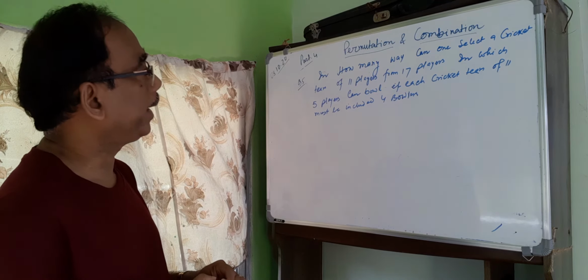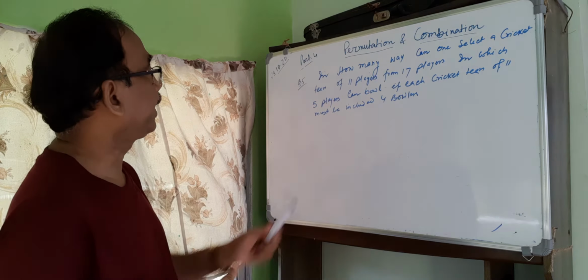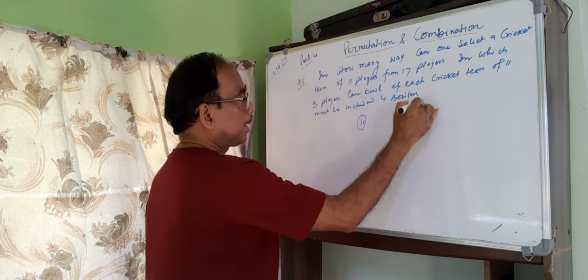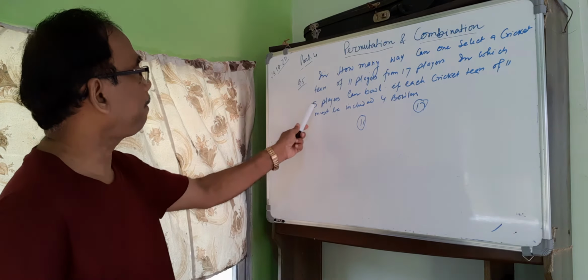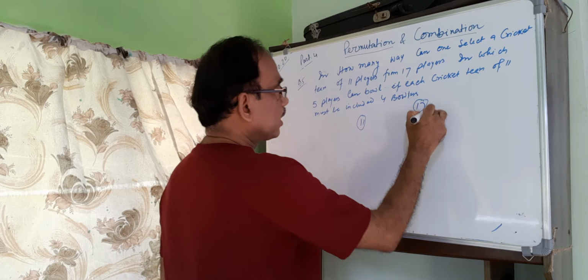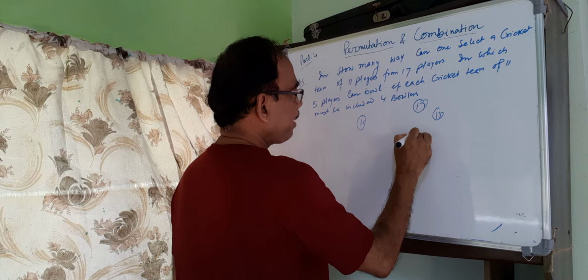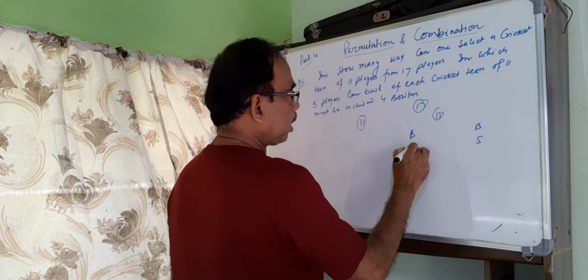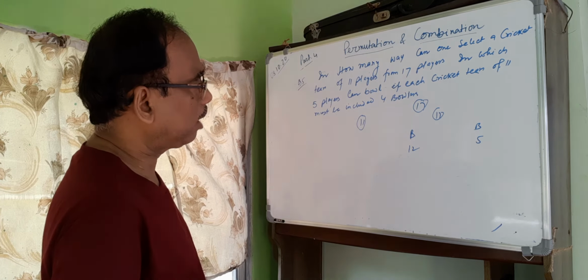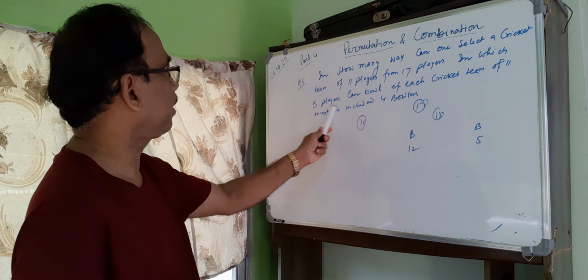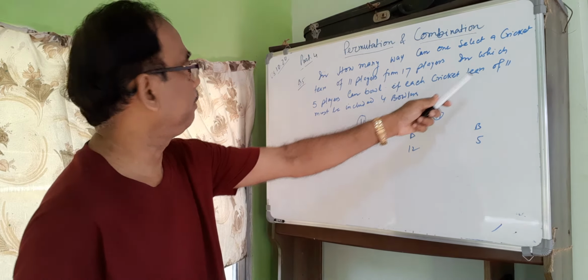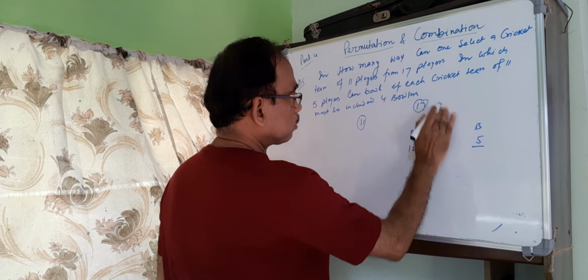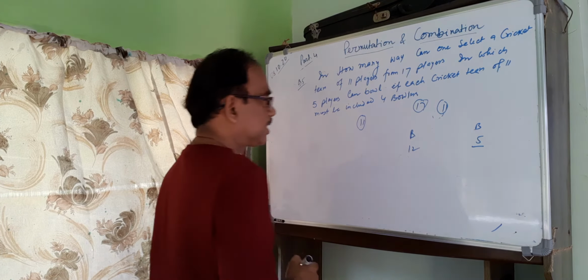So in how many ways can one select a cricket team of 11 players? You have to select 11 players. The total number of players is 17, in which 5 players can bowl. So out of 17 players, there are batsmen and bowlers. 12 are batsmen and 5 players can bowl. If each cricket team of 11 players must include 4 bowlers, there are 5 bowlers. We have to choose a total of 11 players and the total is 17.